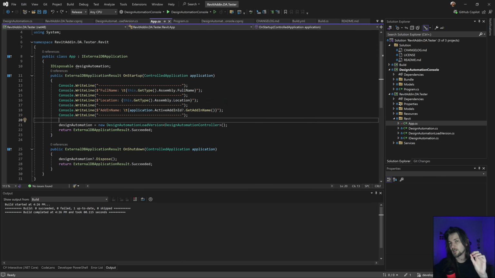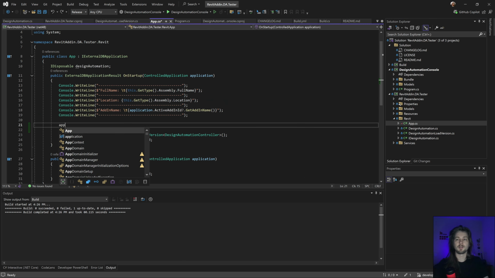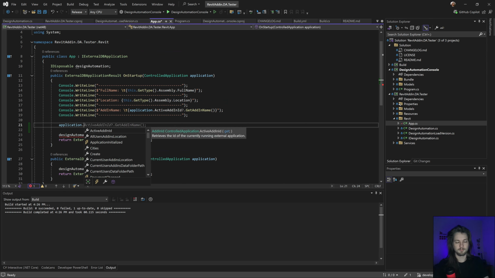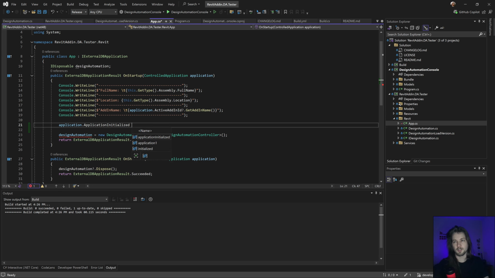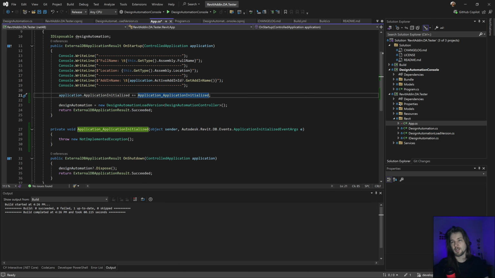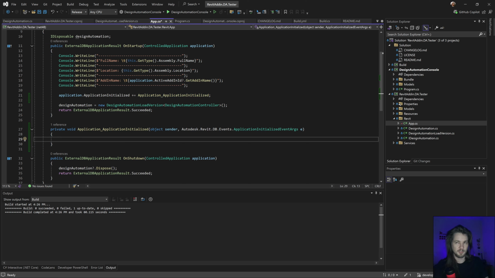Basically, if I create an application and sign to some events like this one, if we had something like this, this code is going to run in the wrong assembly and this is going to run in the correct one. So yeah, that's an issue. In this application, it's not going to have any issues, but if you're using this approach, it's going to be a problem.